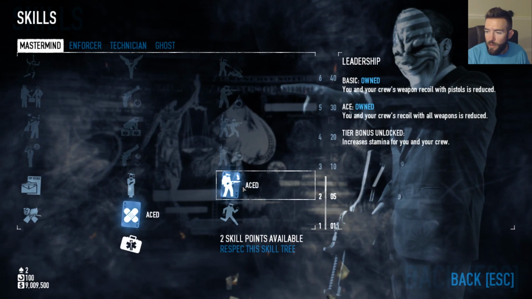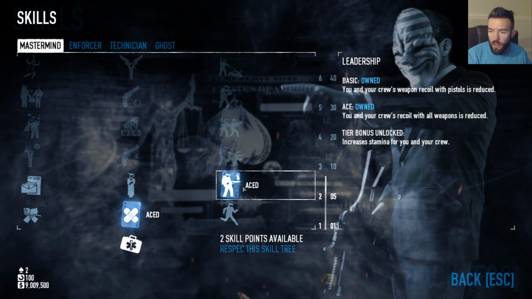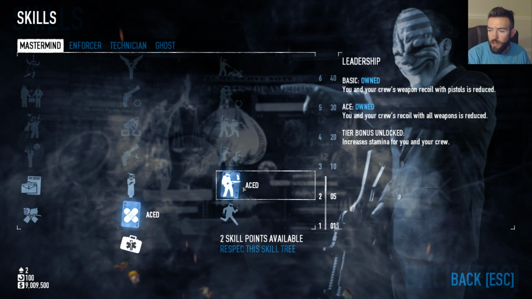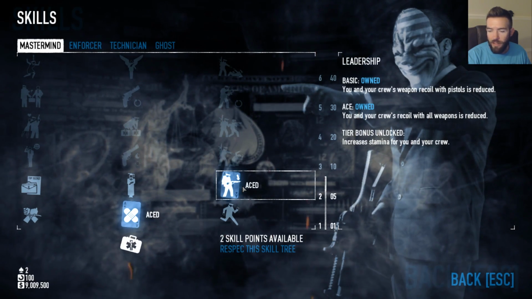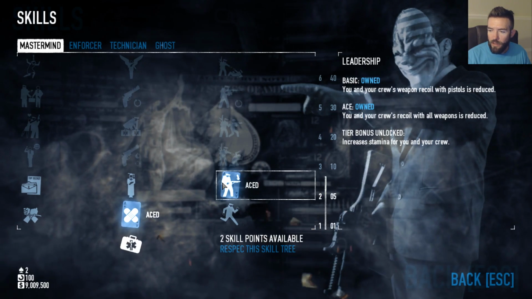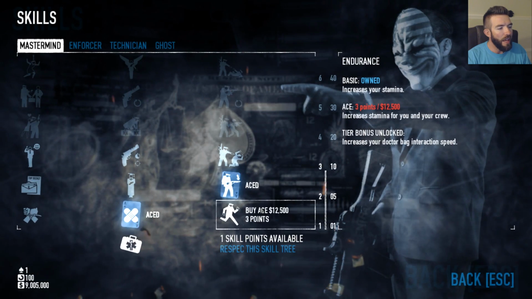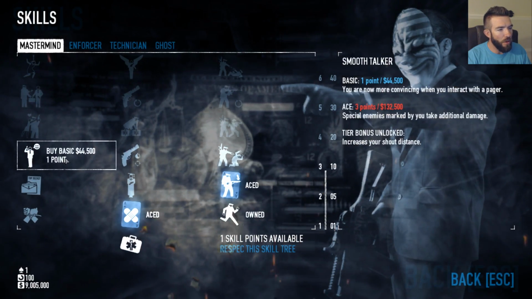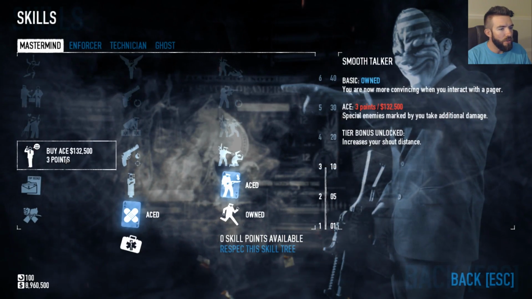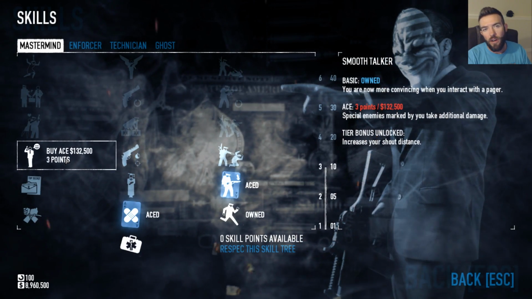Just a nice recoil perk since we don't have much else going on in the other trees. Basic is a 25% decrease to recoil for pistols, and aced out is a 50% decrease to recoil for all weapons. And then I spend 1 point on Endurance to increase our stamina by 100%. I didn't have enough points to ace this out, so I really only need to spend 1 more point, and that is on Smooth Talker, so we can interact with pagers,